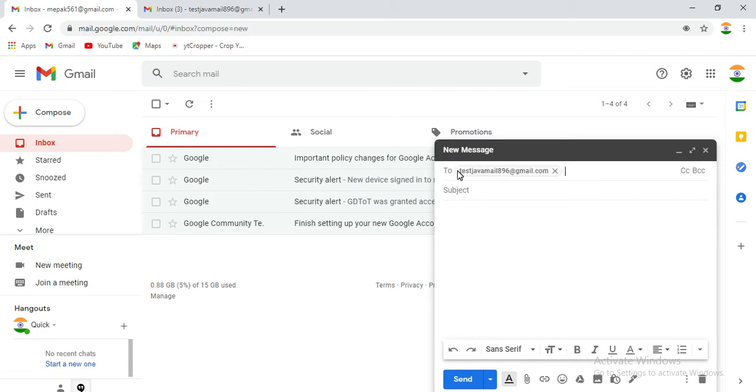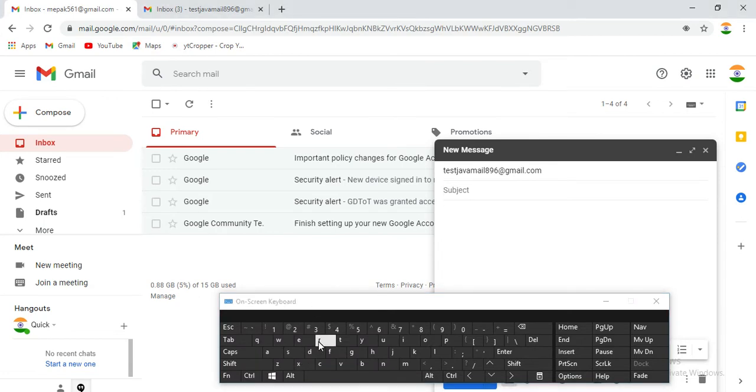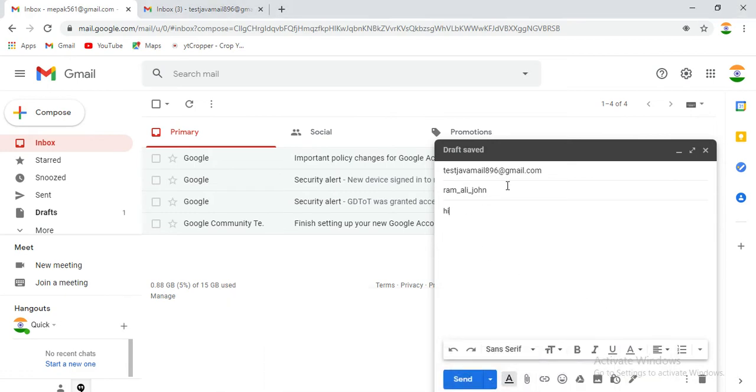Control V, and for the subject, suppose we write some popular name, like Ram here. In the Middle East you can say Ali. Ali is very popular, and John is very popular in the Western world. John. Message, you can write anything, because right now I'm not reading the text. My focus is to read the subject,